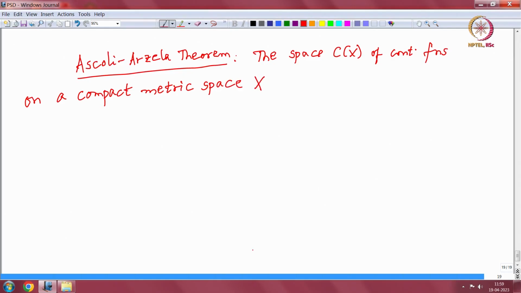On this space the Ascoli-Arzela theorem tells what are the necessary and sufficient conditions for a subset of C(X) to be compact. Since closedness is always a requirement, it is sufficient to say that a set is pre-compact, that means its closure is compact. As far as this space is concerned, the total boundedness